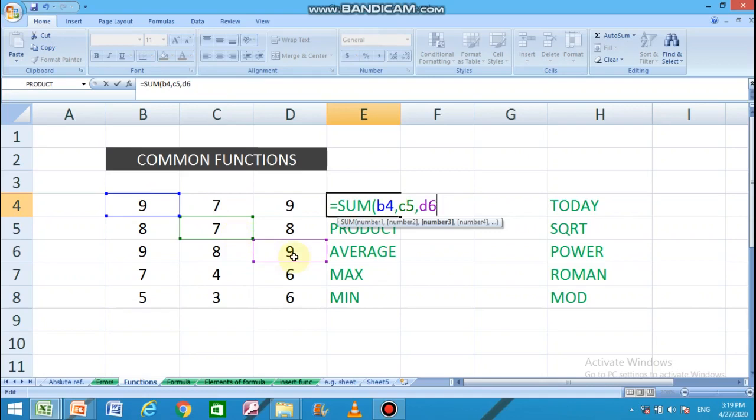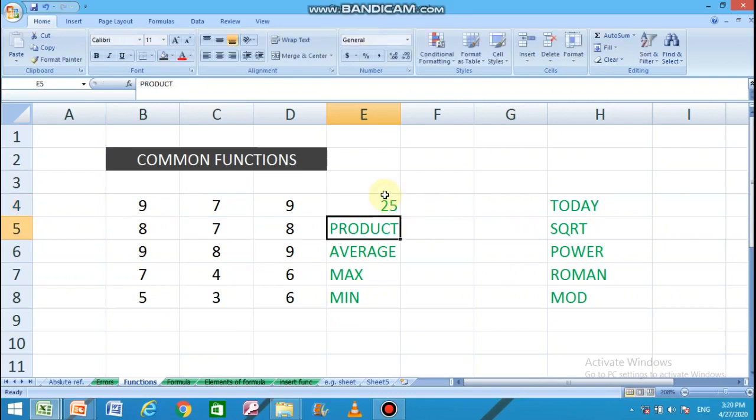The highlighting shows that we are typing the correct cell addresses. After completion of all the arguments, just close the parenthesis and press enter. 25. So the addition of 9, 7 and 9 is 25. You can see the formula in the formula bar.